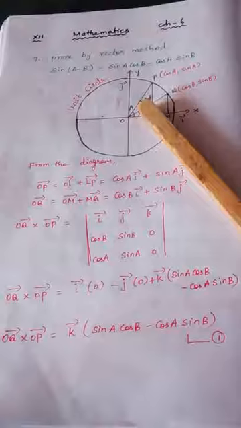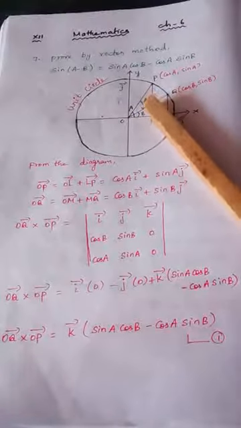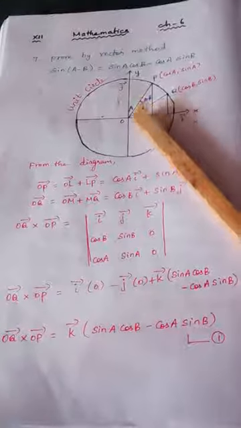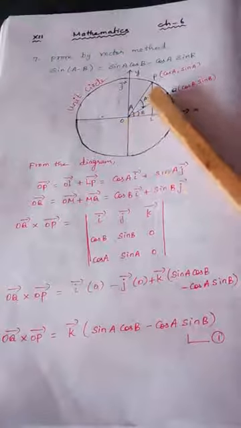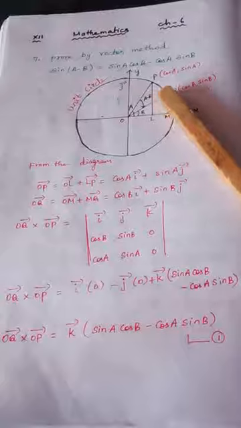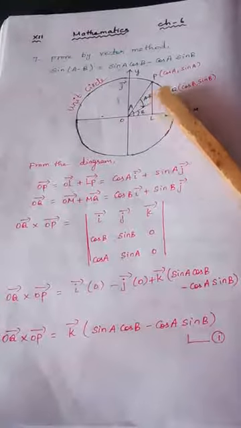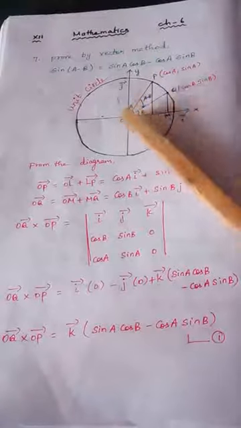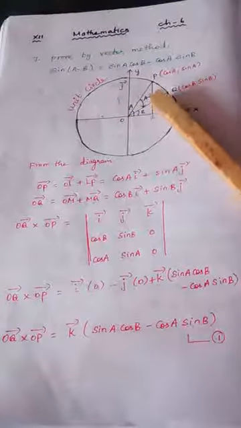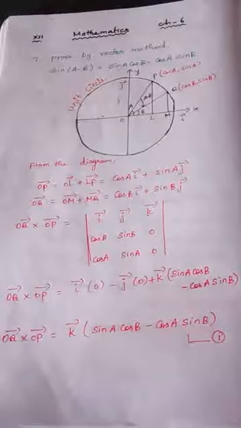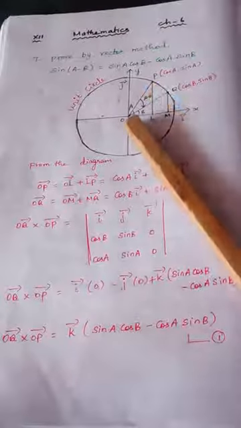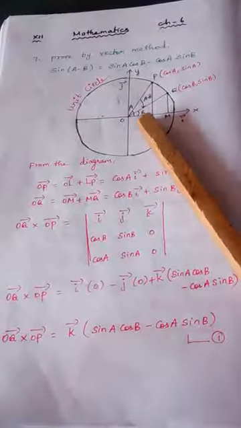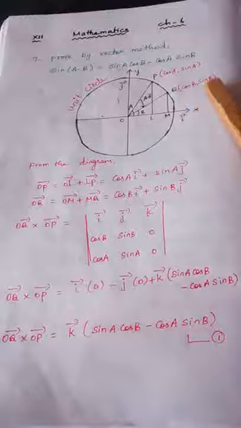Therefore, if I calculate this arrow mark, what is this angle? From the total angle A, if we take away B, the remaining part will be A minus B. So A minus B is nothing but the angle between OP and OQ. Automatically, since this angle is A, the point P will become (cos A, sin A). Since this angle is B, the point Q becomes (cos B, sin B).